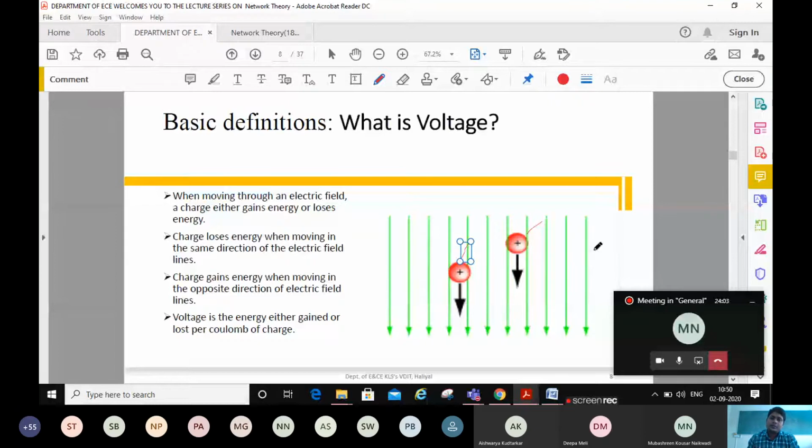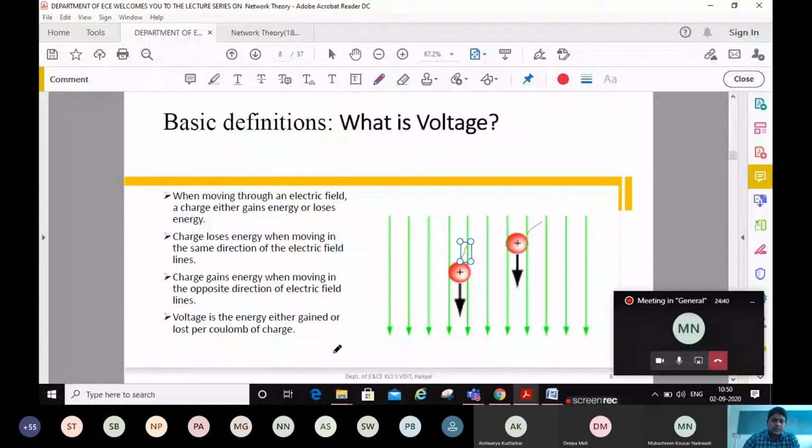But if you assume the reverse direction, where electric field lines are from top to down but charges are moving from bottom to up, then they need to exert energy, right? If they are exerting energy, it doesn't mean that they are losing; they have the energy to reach the higher level. As they are moving from bottom to top, they are gaining more energy, they have more energy than the electric field lines. Okay, so that is what you need to understand here.